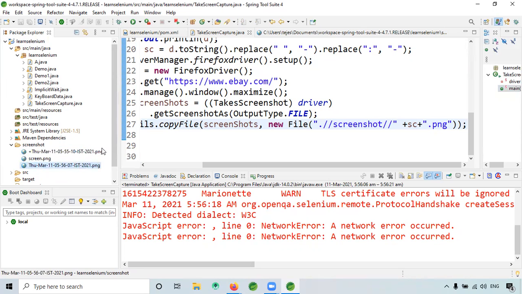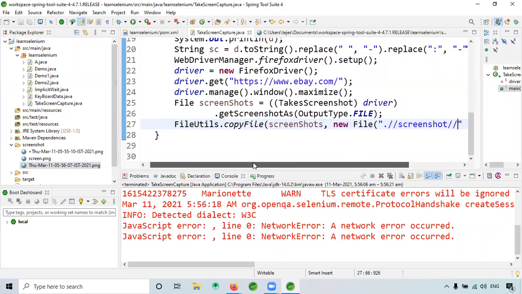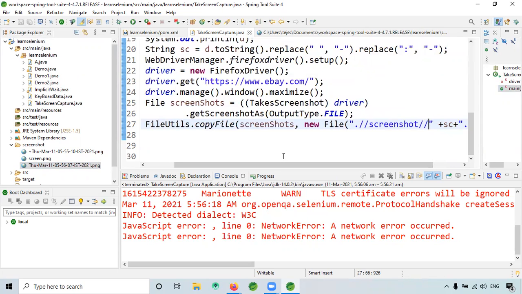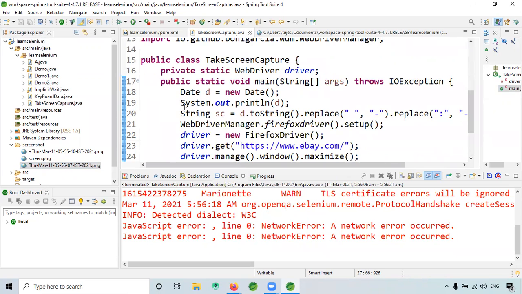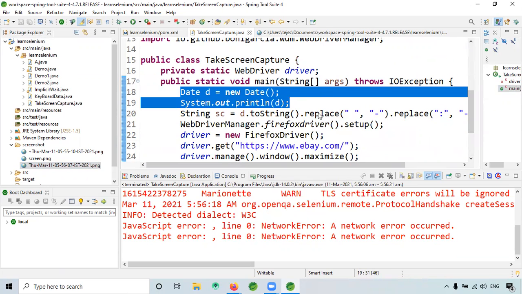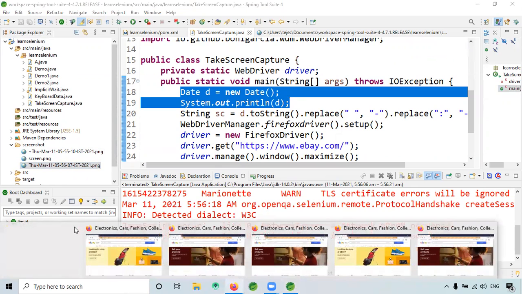A lot of people use this. Basically, if we want to test two or three web pages, or maybe 10 to 20 web pages, then for each web page we can take a screenshot, and we can do this. Each time you take a screenshot, you get it with a new name. Some people will use something else, let me show you.